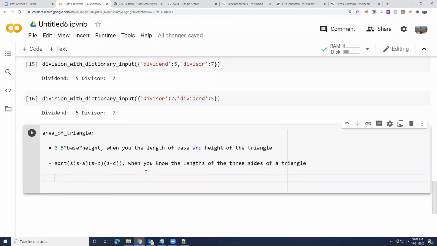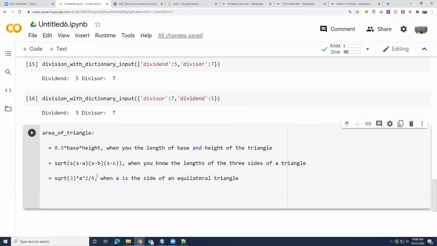Now, obviously, there are special cases. Like if I know the side of an equilateral triangle, then already some of you pointed out the answer is square root of 3 times a square, divided by 4, where a is the side of the equilateral triangle. There is a slightly more complex formula for an isosceles triangle where you know the base and one of the sides.